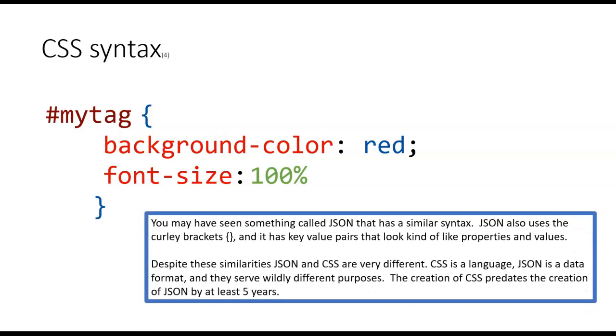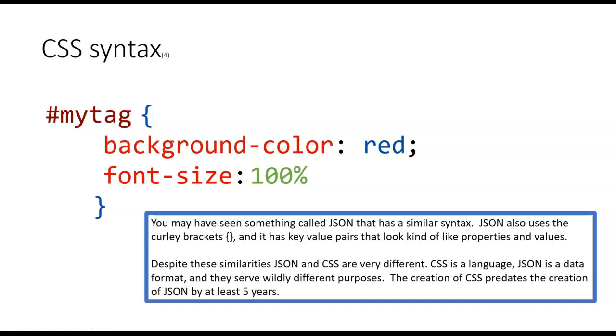Just a quick sidebar here. If you have been working with technology for a while, some of this syntax might remind you of something called JSON. JSON uses these things called curly brackets, these things right here. And JSON also has the notion of key value pairs, but after that, the similarities end. So JSON and CSS look similar, but they're really very different. CSS is a language, JSON is a data format,